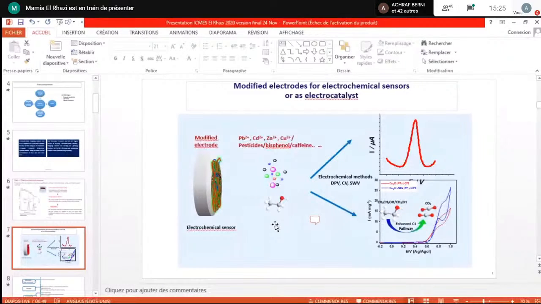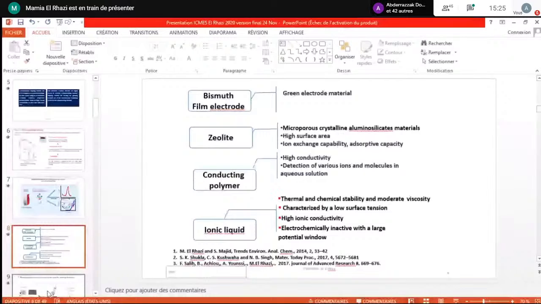So to modify our electrode, there are different compounds. We can use bismuth film electrode, a green electrode material which replaces mercury film electrode. We can also use zeolite. Zeolite offers high surface area due to the microporous crystalline aluminum silicate materials, and also they can offer ion exchange capability and absorptive capacity. And conducting polymer also has been used lately for detection of various ions and molecules in aqueous solution